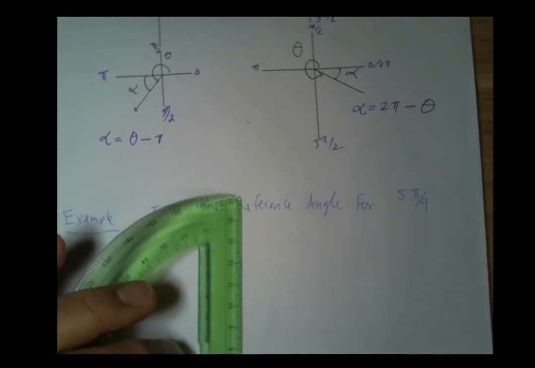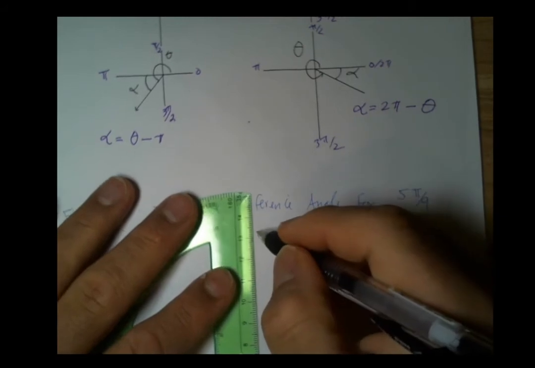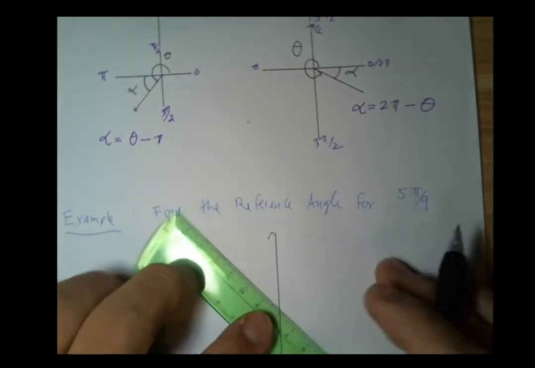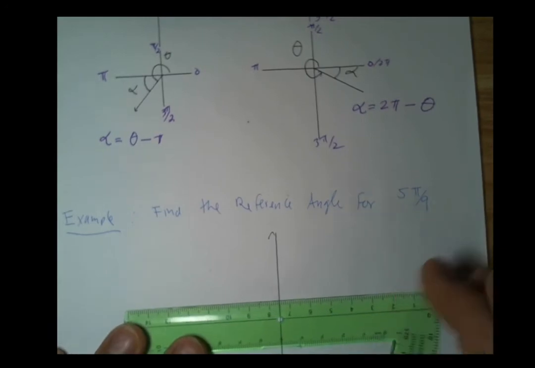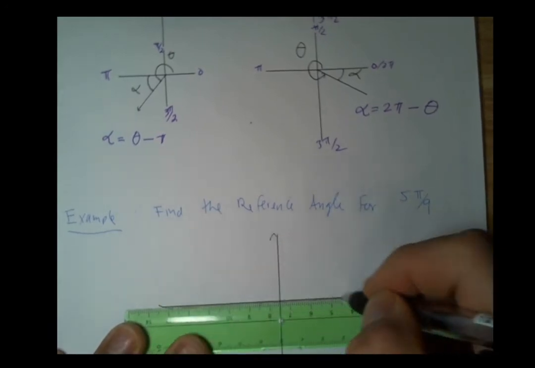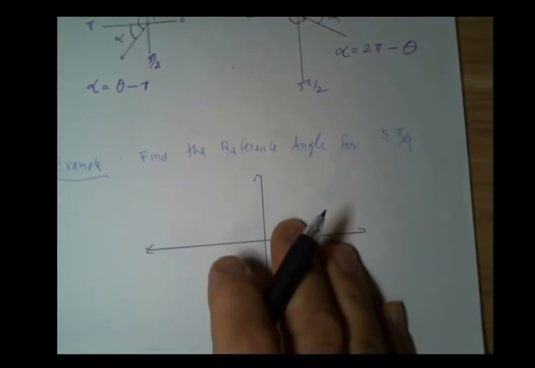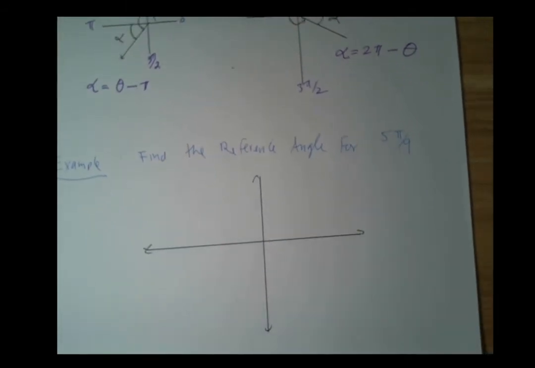All right, now the first step I want to do is sketch my angle. All right, now 5 pi over 9. Okay, so here, and again, the way I'm going to do this is I'm going to